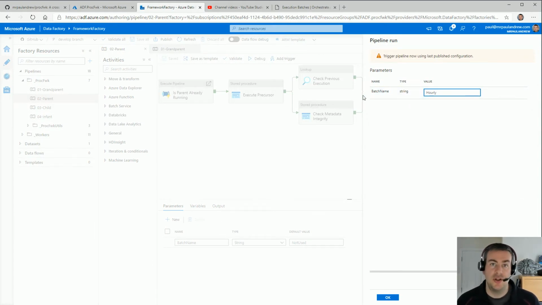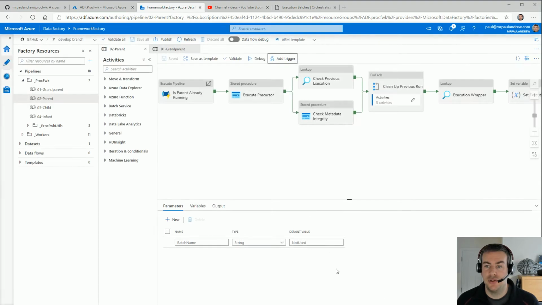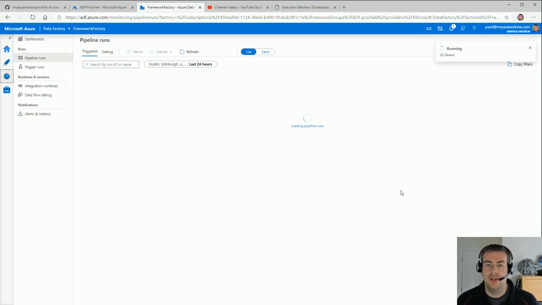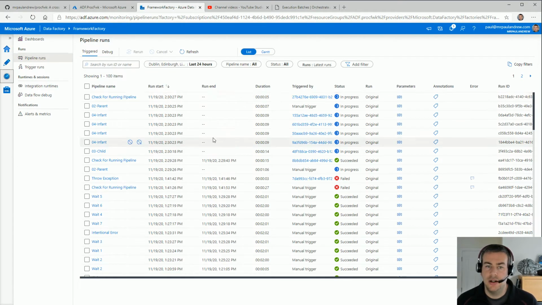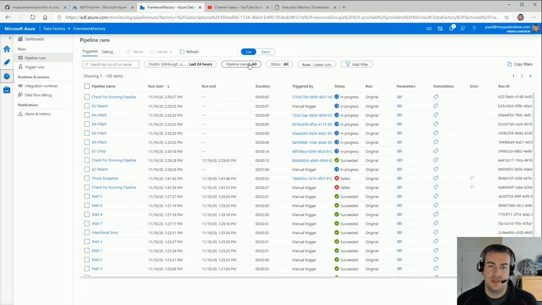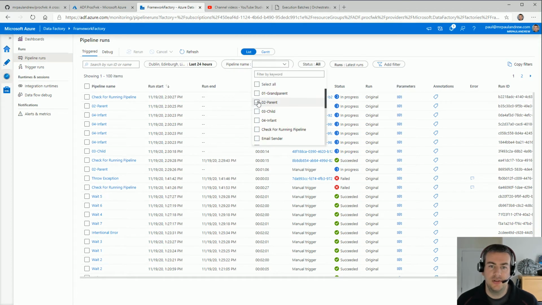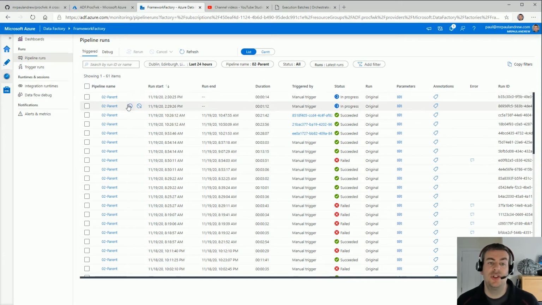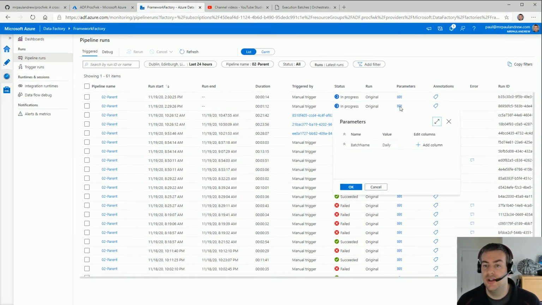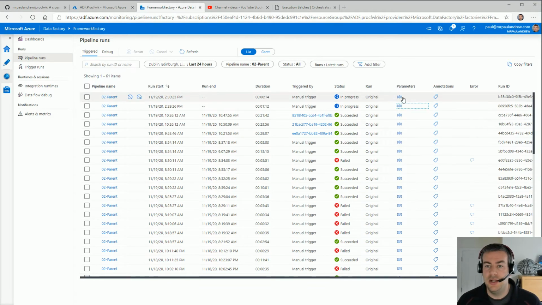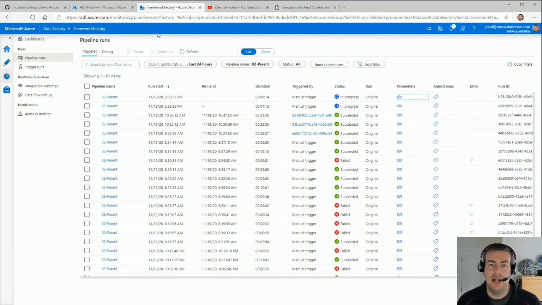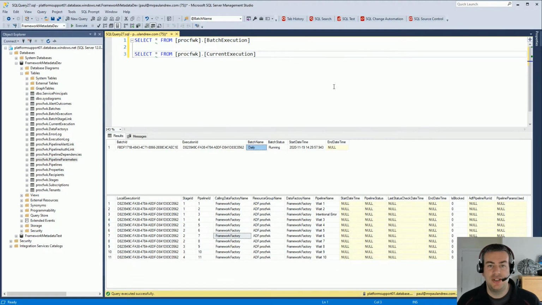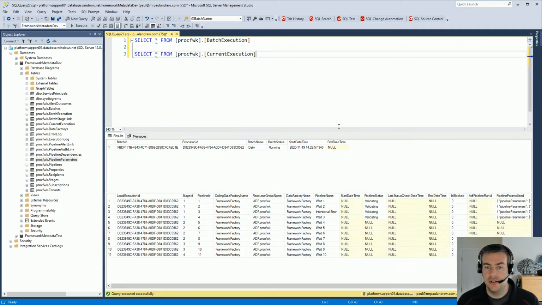This time I'm going to trigger it for the hourly batch. In the monitoring, let's just filter it for that parent. You can now see I've got two parent pipelines in progress, one for the daily batch, one for the hourly batch. So if I turn my attention to the database,